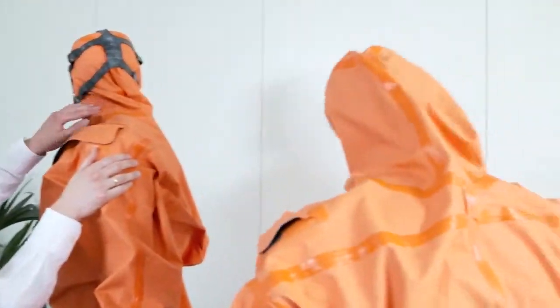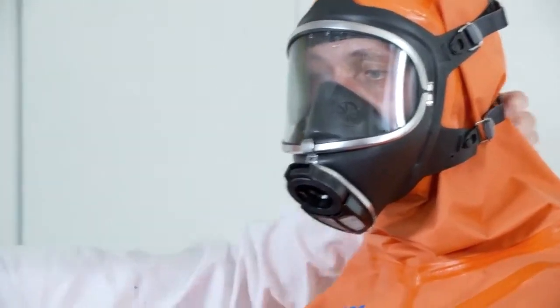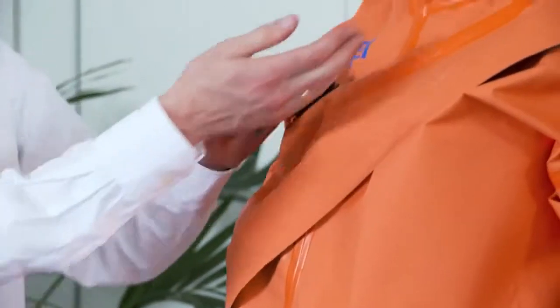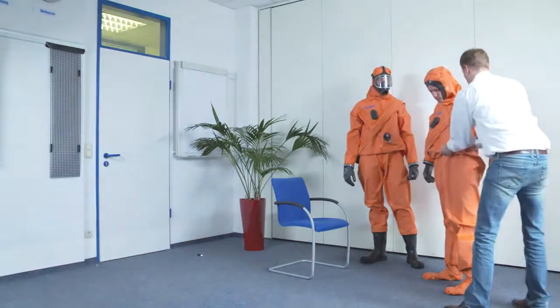We also had to bear in mind the equipment which is needed in situations requiring a protective suit, such as full face masks and tools. And we examined where best to position components like the ventilation valves. We had to ascertain where they needed to be to ensure easy operation and where they wouldn't get in the way. All the findings were assessed, and hundreds of pages of test results and conclusions were submitted to the team